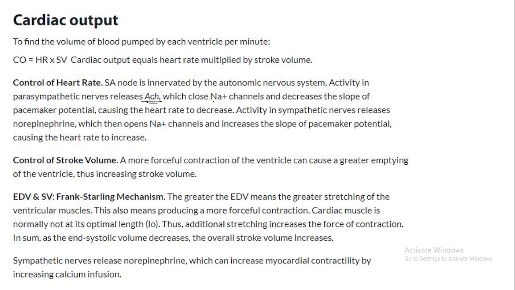What that does is it closes the sodium channels, decreases the slope of pacemaker potential, resulting in decrease of heart rate. Activity in sympathetic nerves releases norepinephrine, which is released from the adrenal gland. This opens the sodium channels and increases the heart rate. So when sodium channels are open, the heart rate increases. When sodium channels are closed, the heart rate decreases. And this closing and opening of sodium channels are controlled by the neurotransmitters such as acetylcholine and